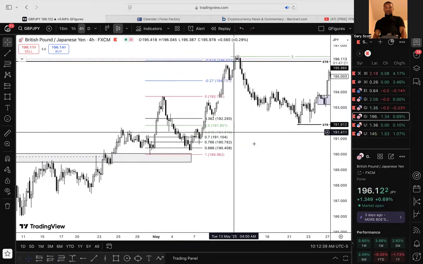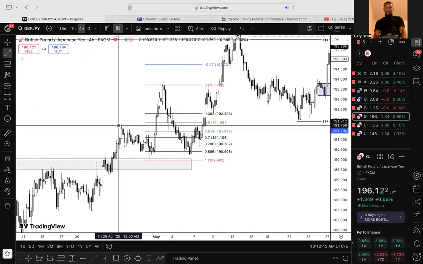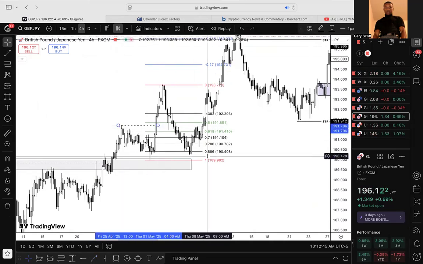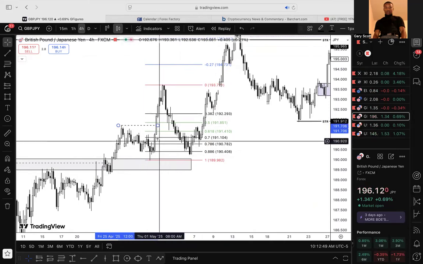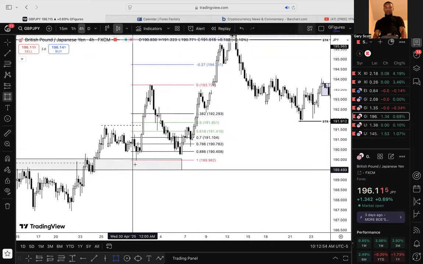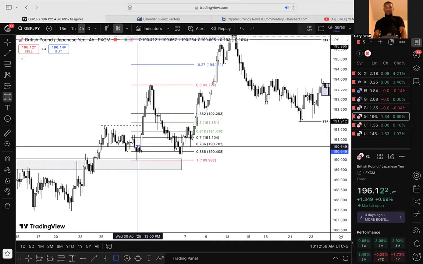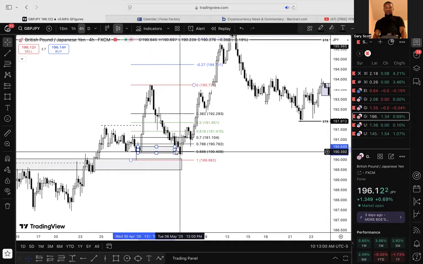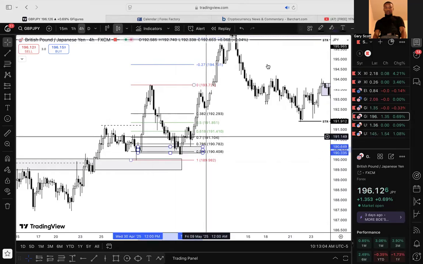What ends up happening? We understand that this is a break of structure, right? We want to see price either come back to the structural zone or beneath it and find an area of value beneath that point. Now, if we look at this, this is the last down candle before price cleanly broke structure. So that becomes an order block. All right. If we look at this level, that order block level,